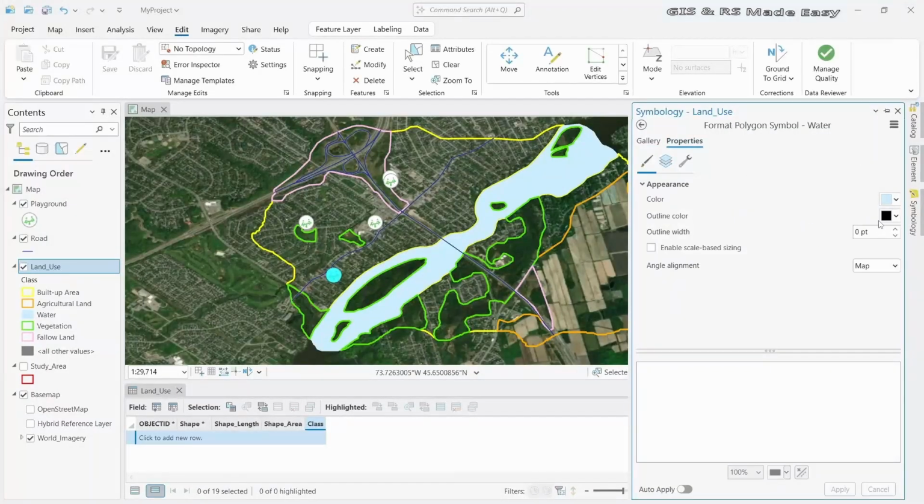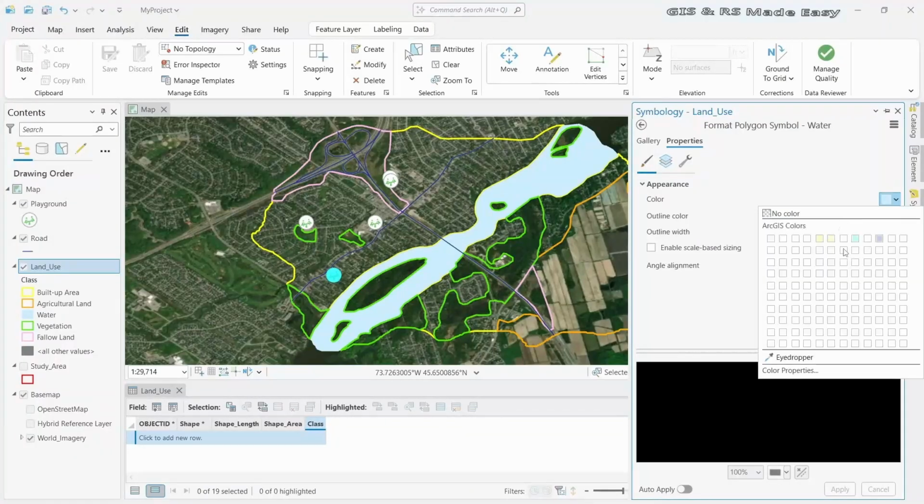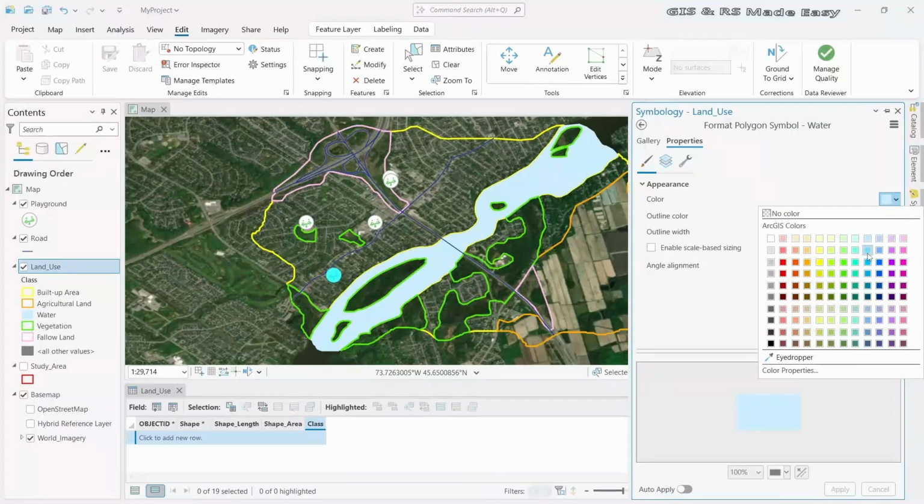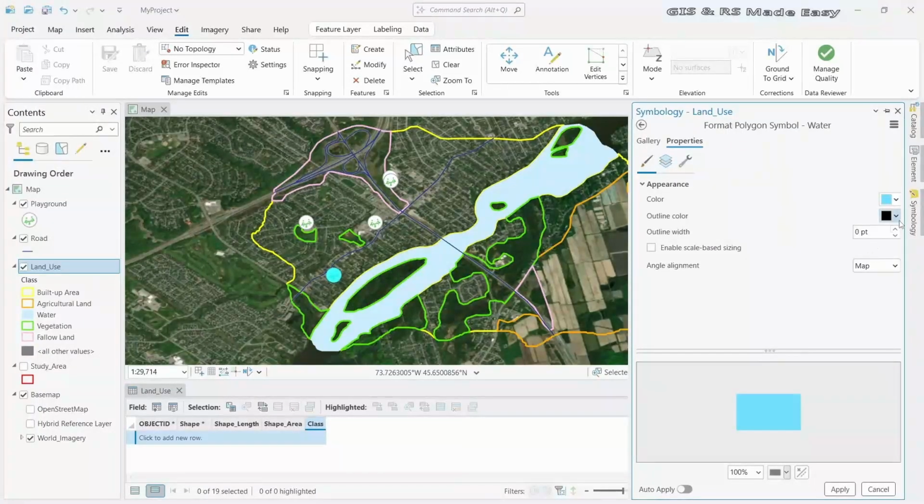We can change symbology a little bit to make the water a little bit darker, and outline color, let's make it black. Okay,